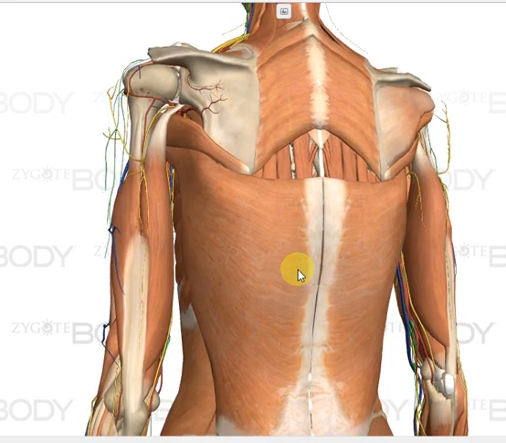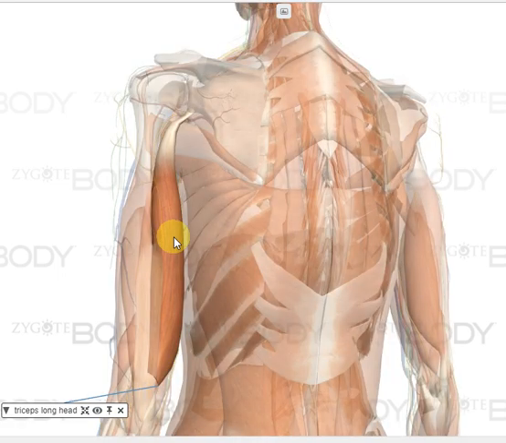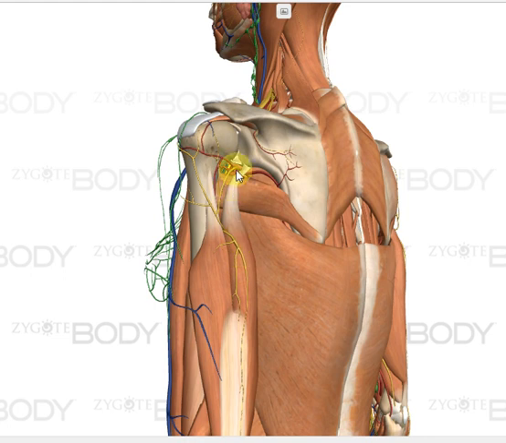So let us discuss their origin, insertion, and action. This one is the long head of the triceps muscle. You can see this is originating from this point. This is the glenoid cavity of the scapula, and this is the inferior portion of the glenoid cavity. So we can say that the long head of the triceps muscle originates from the infraglenoid tubercle of the scapula, and